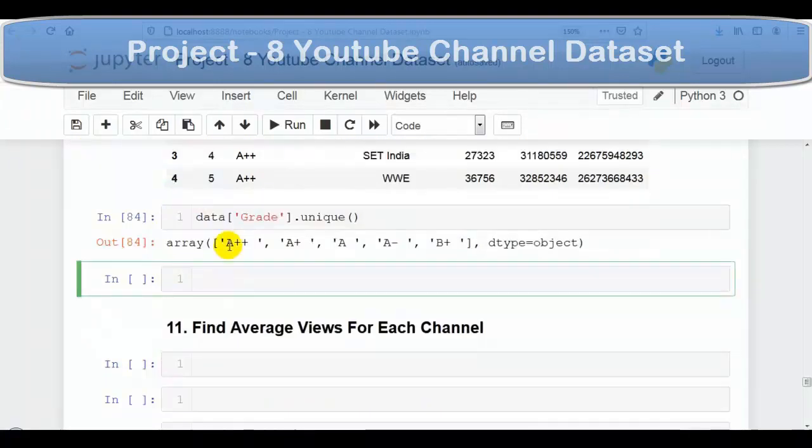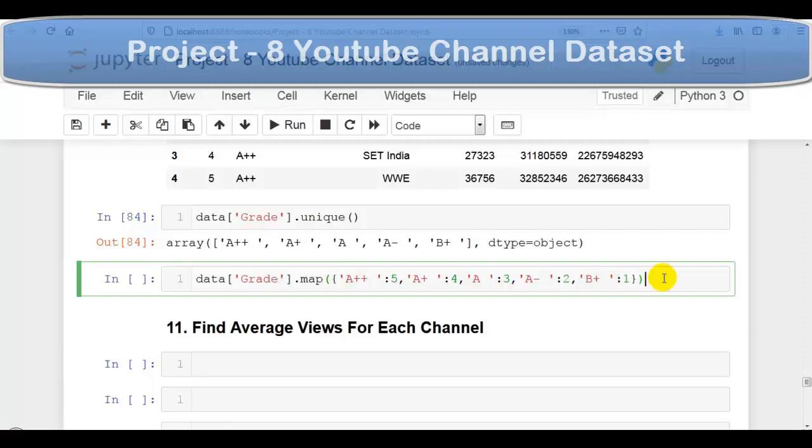Now we are going to map these grade values to numerical values. For that, data in bracket notation dot map method of the pandas data frame, and here we have to pass a Python dictionary. So A++, as you can see over here, has 1 character space. Let me map it with 5. Also you can use 1. And A+ with 1 character space, I am going to map it with 4. A with 1 character space, I am going to map this with 3. Comma, A- with 1 character space, I am going to map it with 2. Comma, B+ with 1 character space, I am going to map it with 1.